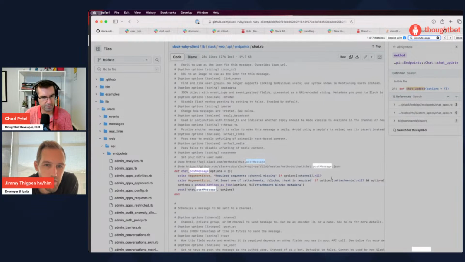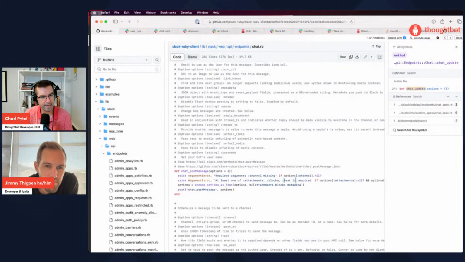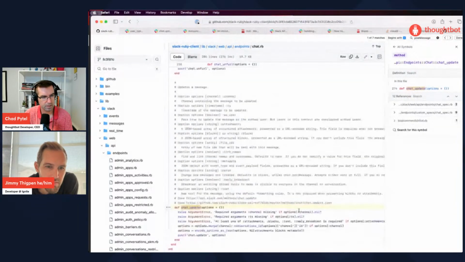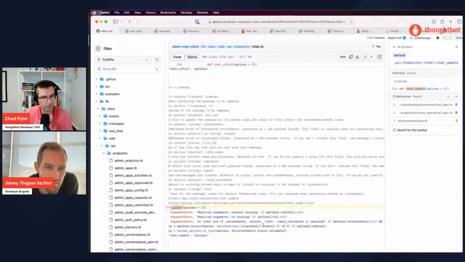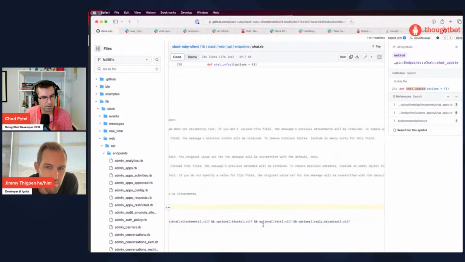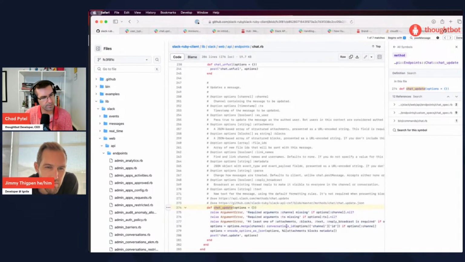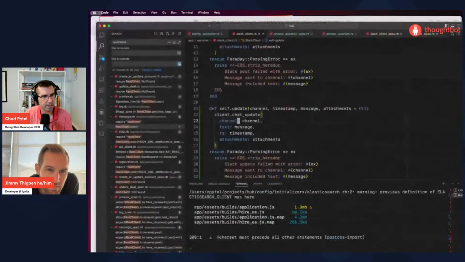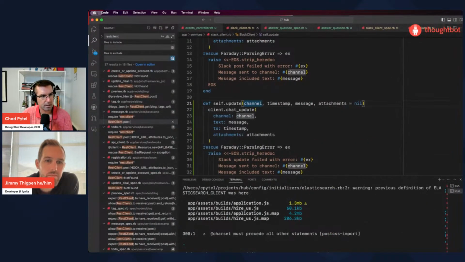It says at least one of attachment, blocks, text. Oh, yeah, we are providing text. Options text. We're providing text. Let's go to the code. Channel timestamp message is the order.